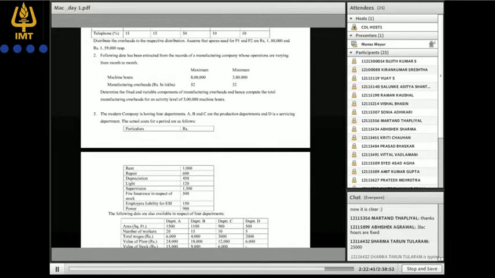So this 32 lakh is made up of fixed as well as variable cost. Now if you are moving from 3 lakh to 8 lakh, it is only variable cost that is changing and not the fixed cost. So if you want to find out the variable cost, you simply need to do 52 lakh minus 32 lakh divided by 8 lakh minus 3 lakh. Are you getting this?